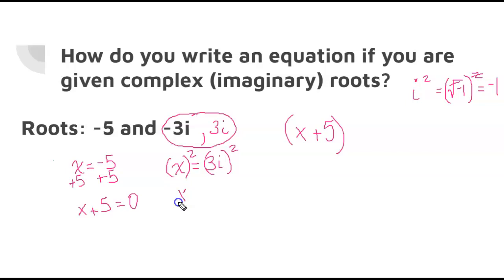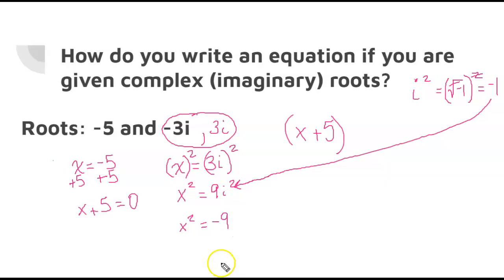So then I get that x squared is equal to, now 3i times 3i is going to be 9i squared. But then we just talked about that i squared is actually equal to -1. So this is -1 times 9. So that means x squared is equal to -9. Well, now I'm almost equal to 0. In fact, if I just add 9 to both sides, I get that my quadratic factor is x squared plus